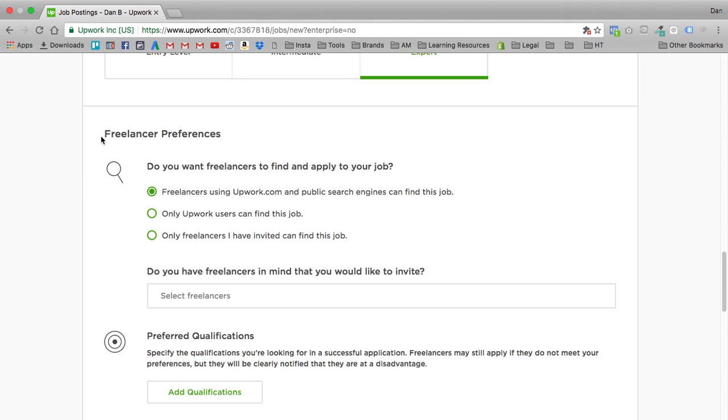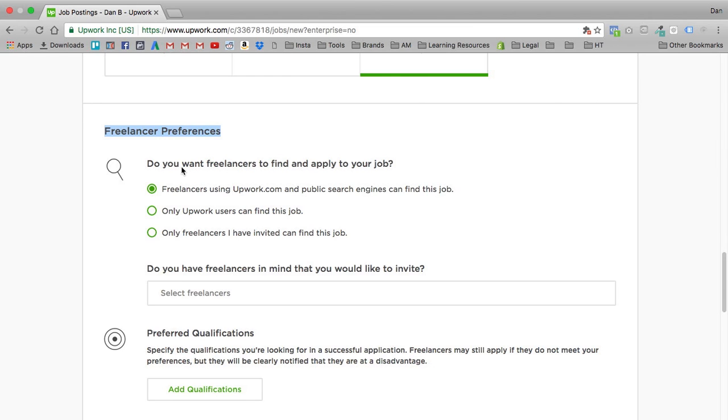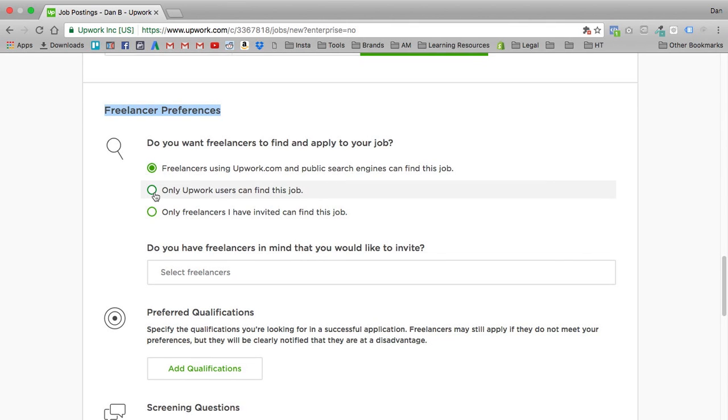So next, we have our freelancer preferences. This is where we'll be able to select what type of freelancers we'll be able to find and apply for our jobs. So right here, the first option that's checked off is freelancers using Upwork and any search engine. This is the one I usually leave. Really, there's no reason to limit it to only the Upwork users or only freelancers that you invite, unless you're going for a certain thing,